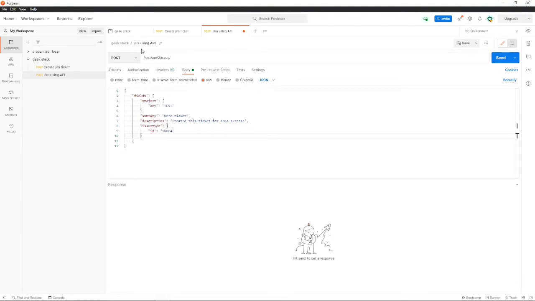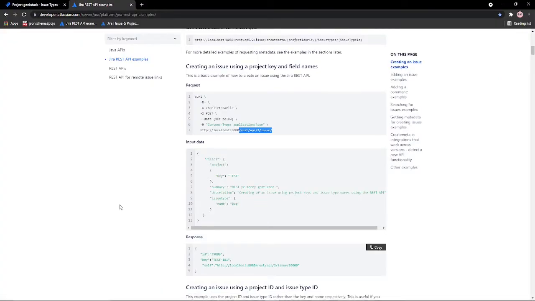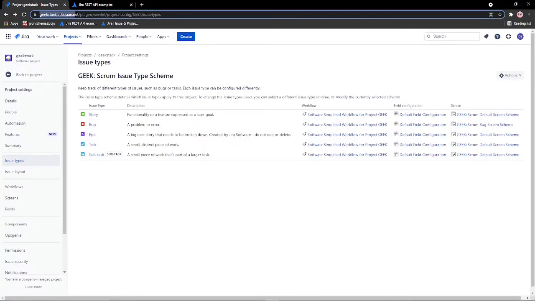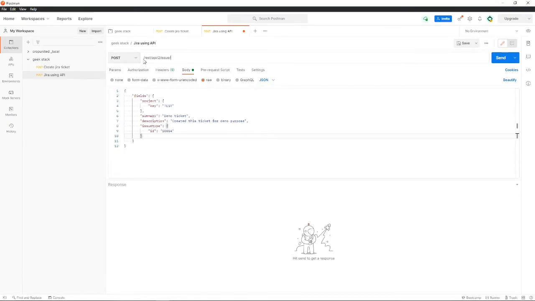Then we need the host name. This is our host name, so we'll copy it and paste it over here. This is our endpoint to create a Jira ticket.